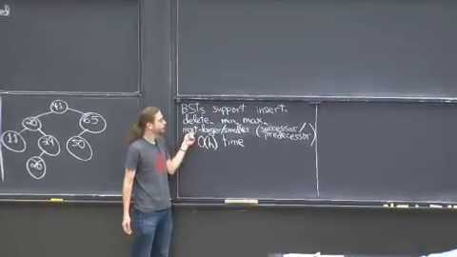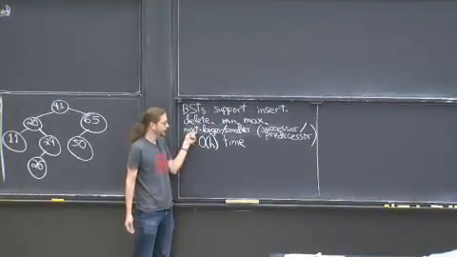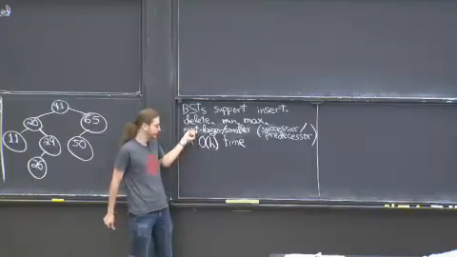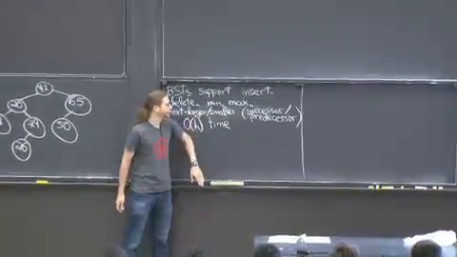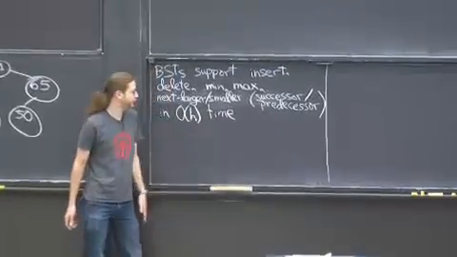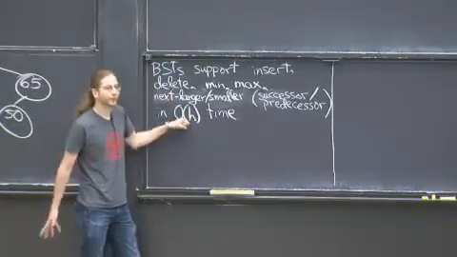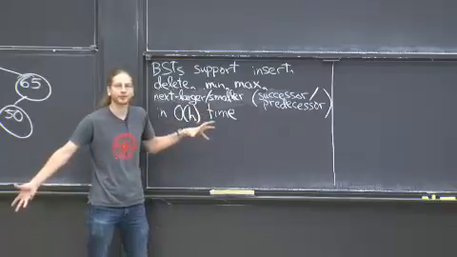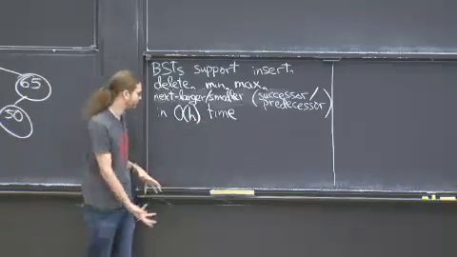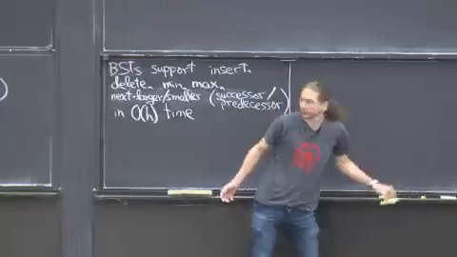If you keep doing that, you can do insert, you can do delete, you can do these kinds of searches, which we saw next, finding the next larger element or finding the next smaller element, also known as successor and predecessor. These are actually the typical names for those operations. You can solve them in order h time. Anyone remember what h was? The height? Yeah, good. Height of the tree.